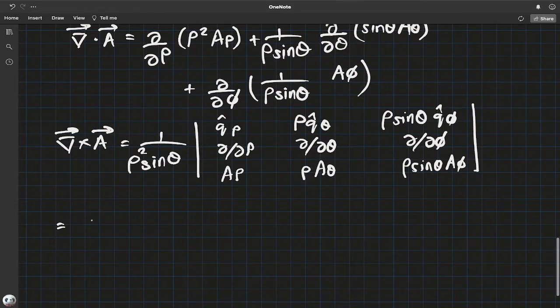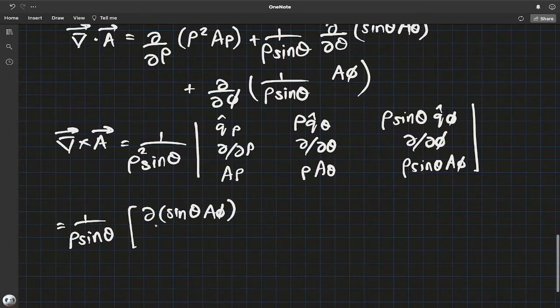Skipping all the steps, 1 over rho sine theta, partial of sine theta A sub phi with respect to theta minus partial A sub theta with respect to phi,